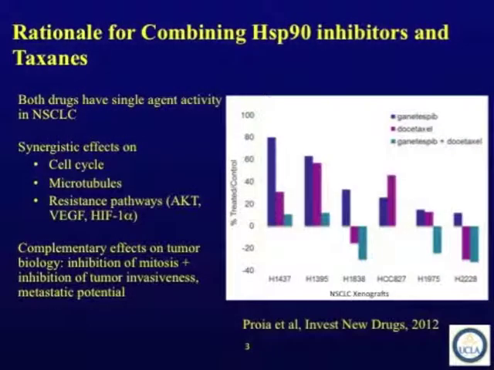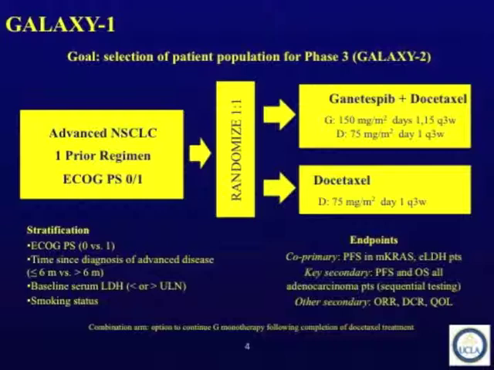The study had good rationale. I won't spend a lot of time on this slide, but you can see that xenografts, which means that these are tumors that are artificially implanted into animals, were more likely to shrink if you gave them a combination of Ganetespib and docetaxel. Patients on this study were randomized 1-to-1 between Taxotere alone versus Taxotere and the studied drug Ganetespib,